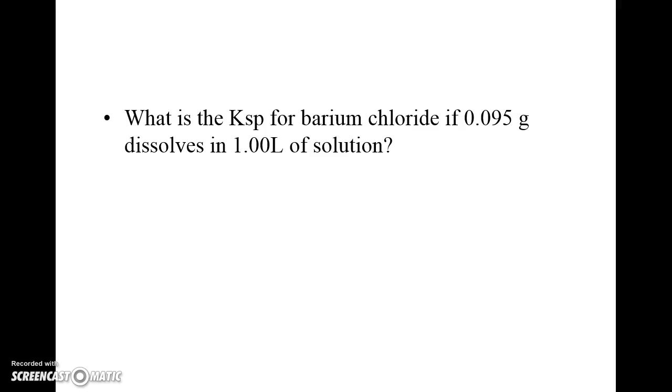Let's try it one more time with a little bit trickier problem. What is the Ksp for barium chloride if 0.059 grams dissolves in 1 liter of solution? Well, now we're solving for the Ksp, but instead of being so kind and giving you the molarity, I gave you grams. And so it's the same thing, but it's going to add an extra step. We need to figure out our